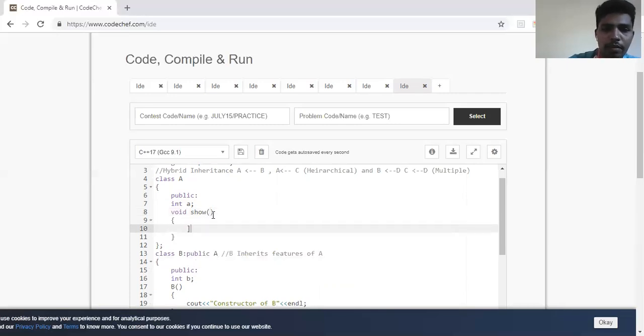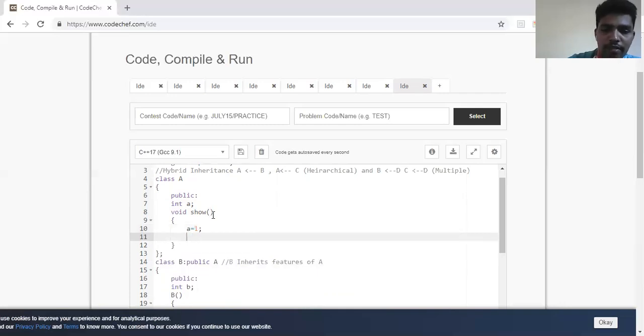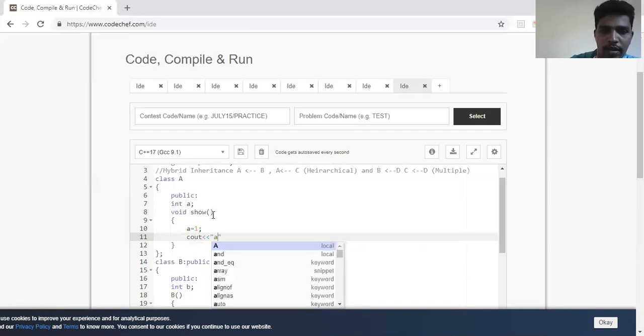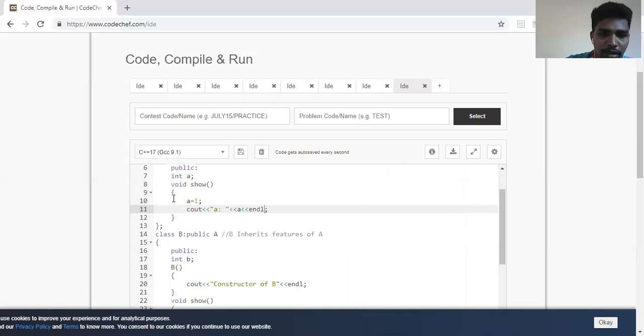Okay. What I'll do here is I'll just change the value of A to 1 and then I'll print the value of A. So I'll just write show A and then I'll be writing A. Fine. Same way I'll be writing show for B also.